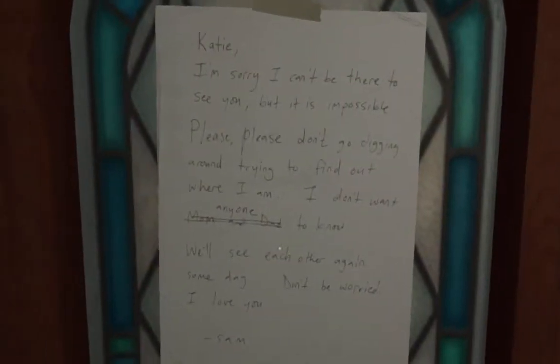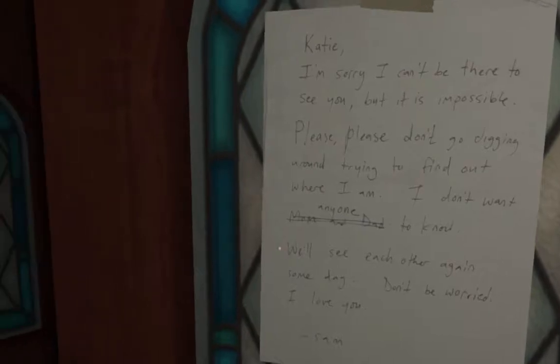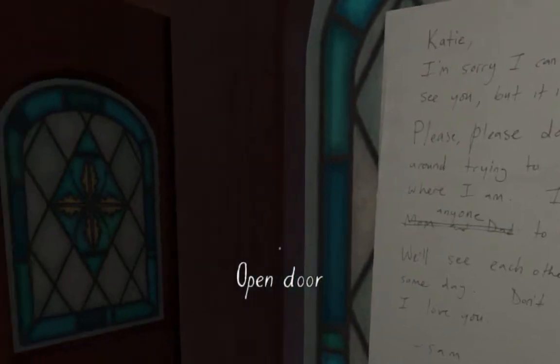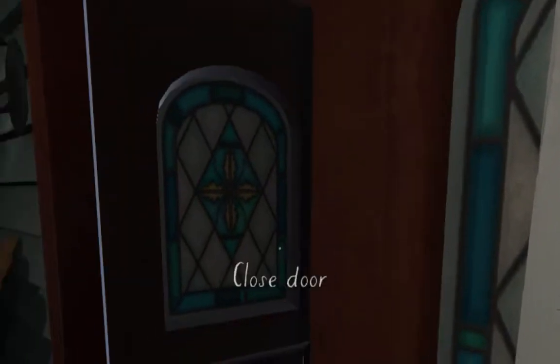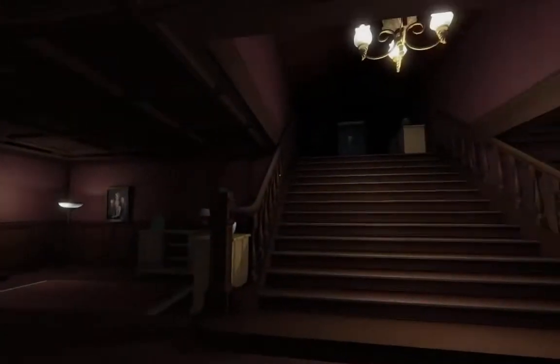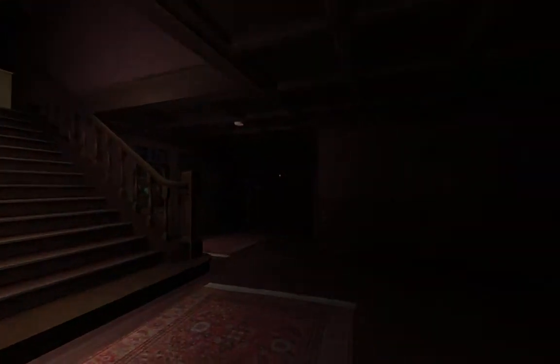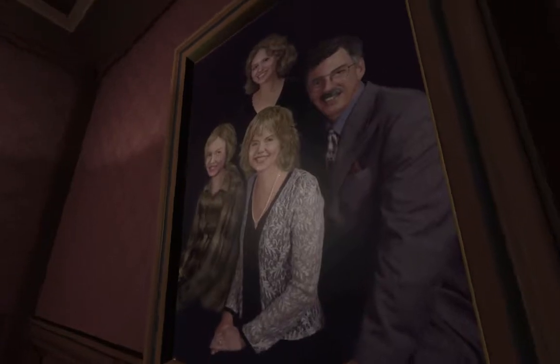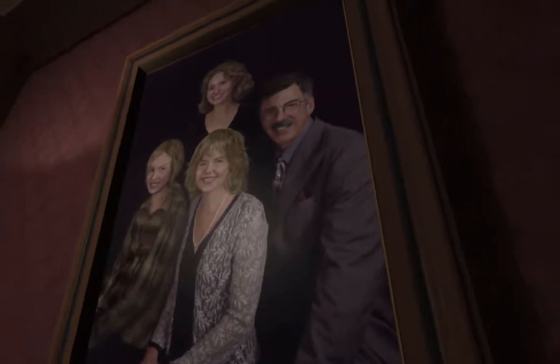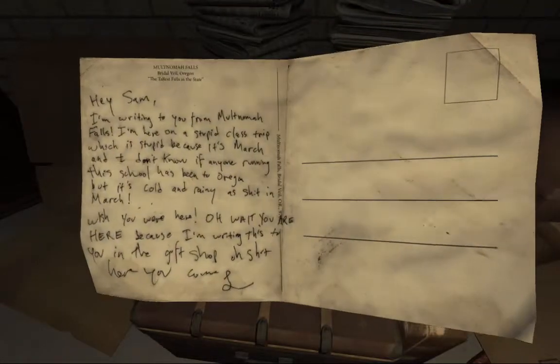Gone Home is a first-person video game. So the player is Katie, who arrives home after traveling abroad to find an empty, spooky house and her family missing. The player explores the house to find clues and figure out what had happened. Fundamentally, you must examine all artifacts and pay close attention to detail to get the full story.